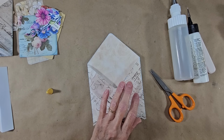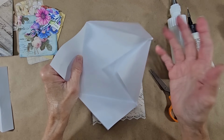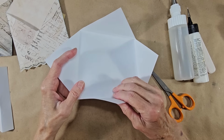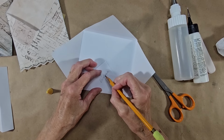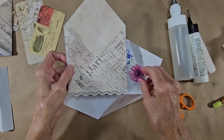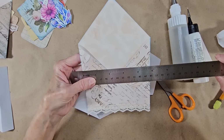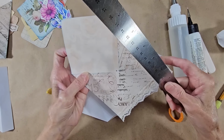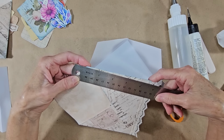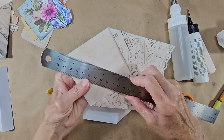Okay, so when I'm doing an envelope, I just use a piece of paper. I cut it to a size, whatever the size might be. And this was a 7-inch square. I wrote 7-inch envelope, but it's a 7-inch square. And that's how I come up with this size. So the envelope is like 4 3/4, and I'm going to do it from this fold down. Would be about 4 5/8. With the flap up,